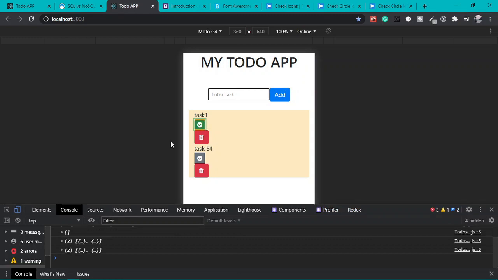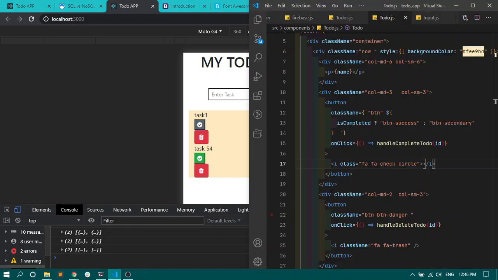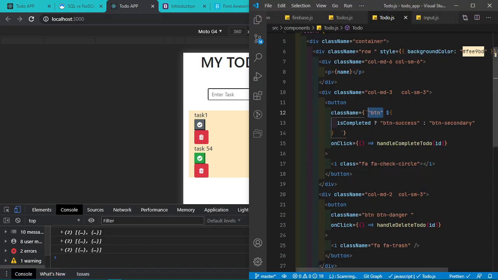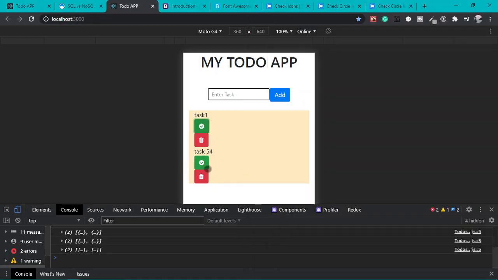If each completed is true, then button success. Or, and we have button. Anyway, so we will add this button maybe here and then button. Okay. Boom, boom, boom, boom. Okay, green means completed. So